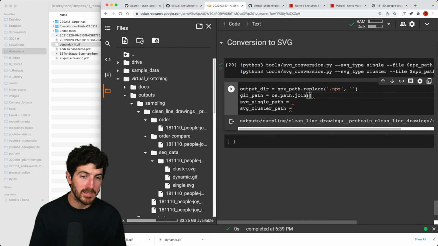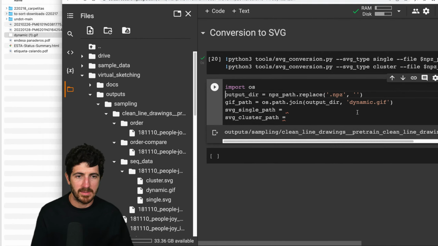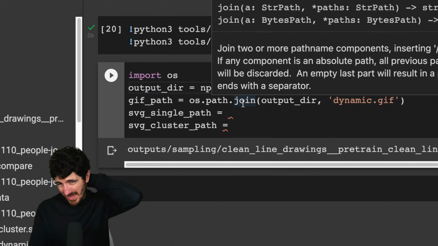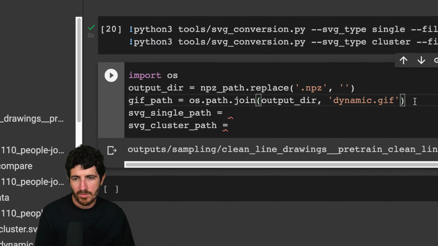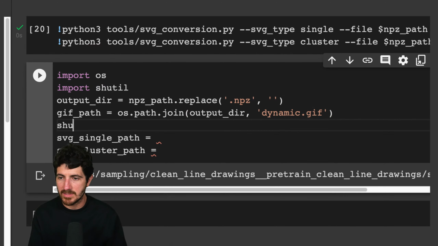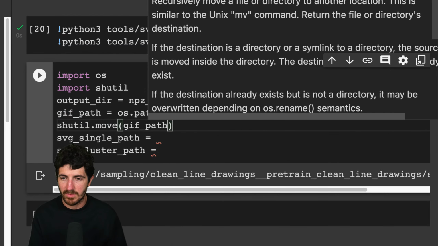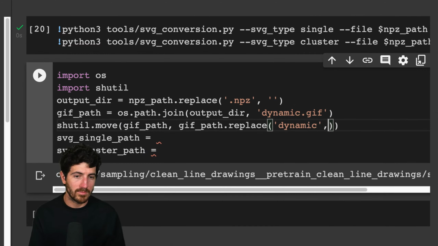OS path join, and we'll do output there. And then the name here is dynamic.gif. And we need to import OS. Let's make that a bit bigger so you see it. And so this is the name, the source name, and I'm going to import shutil here, because I'm going to do shutil move from this GIF path into the GIF path, but we're going to replace dynamic for